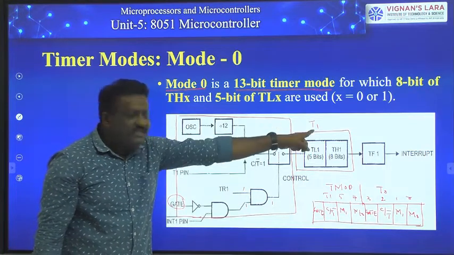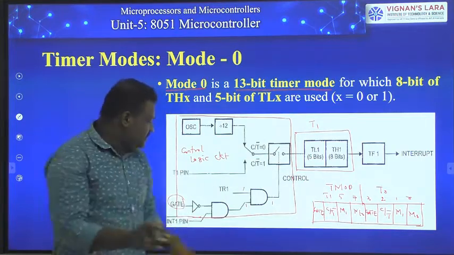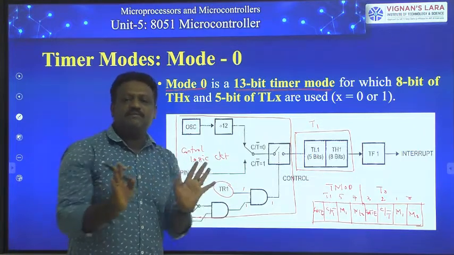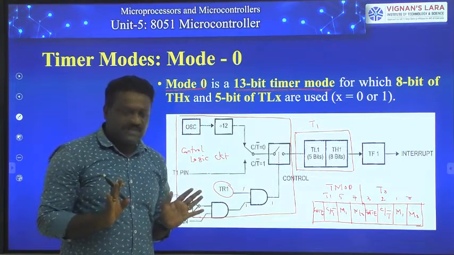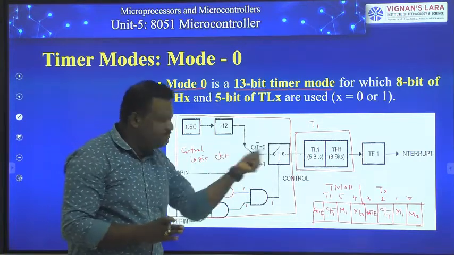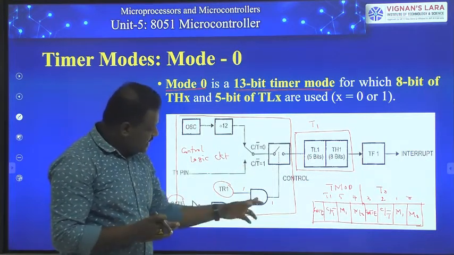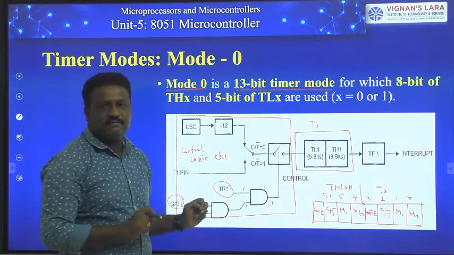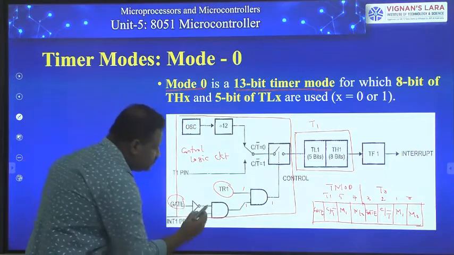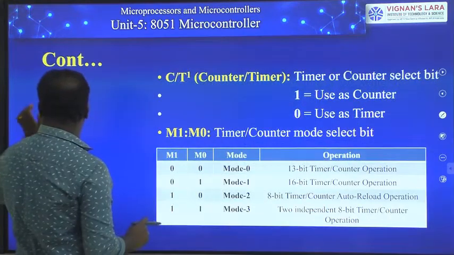Here timer T1 starts counting input clock pulses only when its timer run bit TR1 is set to 1. It is present in the timer control register TCON. We know that. So only if this bit is set to 1 does your timer start counting the input clock pulses. In order to close this switch, this AND gate must receive its second input also as 1. But the second input depends on another gate. So this is not an AND gate, sorry friends. This was an OR gate.